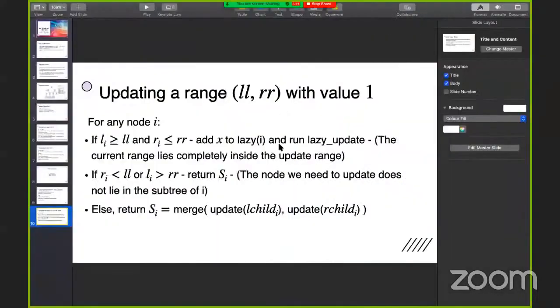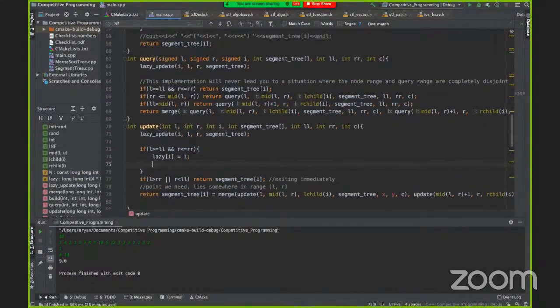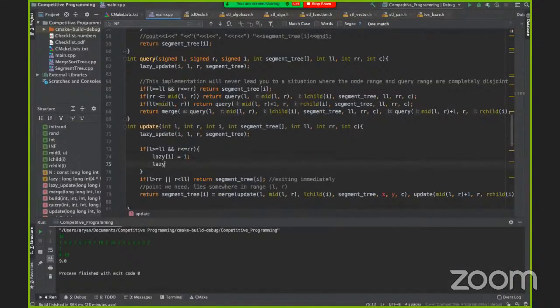Let's look at the presentation again. Add x to lazy i. If we want to add it, we'll just XOR it. Actually, we can just do lazy i is equal to 1, and then we need to push it down, right? So we can just run lazy update.